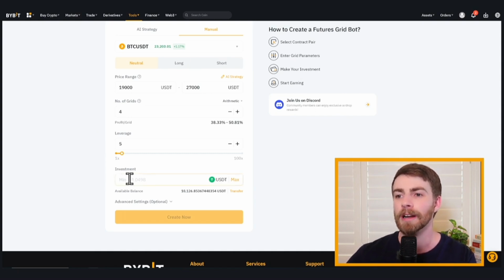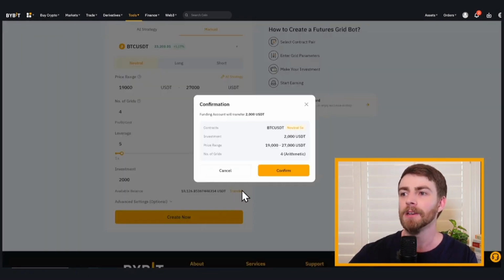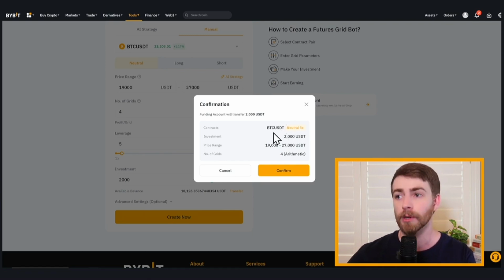That's just going to make me feel a little bit safer in case we see any big price moves. So now we need to choose our investment amount. Let's choose 2,000 again. And all we have to do is click Create Now. It's going to confirm our options. So we're choosing Bitcoin to USDT. We're using $2,000 for our investment. Our strategy is neutral, so it's going to trade both long and short, or a combination of those, with 5x